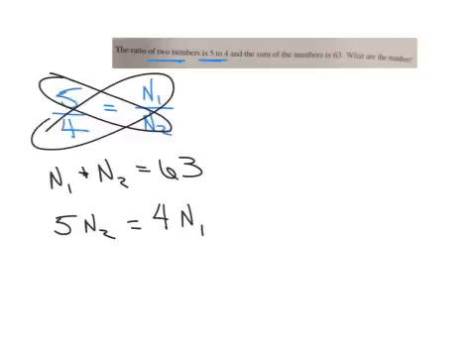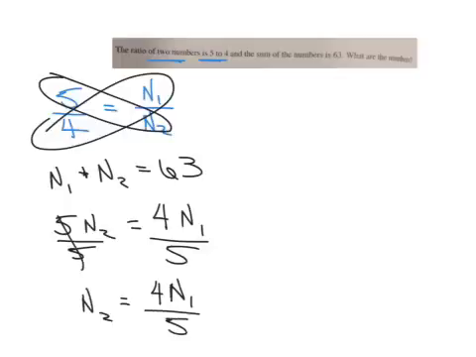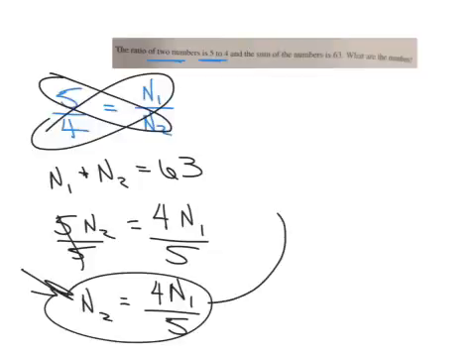Okay, so what I'm going to do is I'm going to isolate one of these numbers here. I'm either going to get that by itself or that. So let's just get the one on the left by itself by dividing by 5, by dividing by 5. Let's cancel. So n2 equals 4n1 over 5. So now whenever I see an n2 in this equation here, I can put a 4n1 over 5 there. So I'm going to have n1